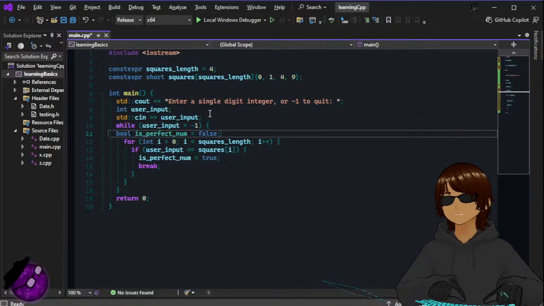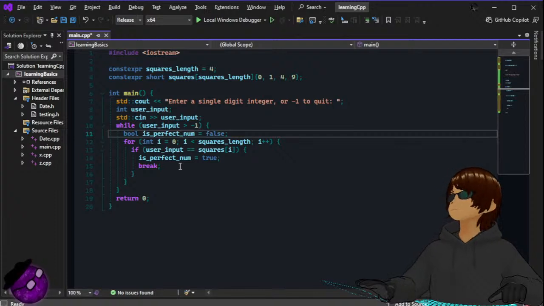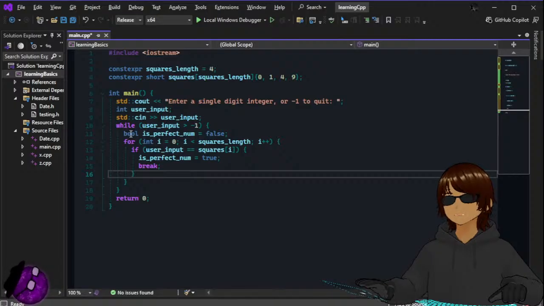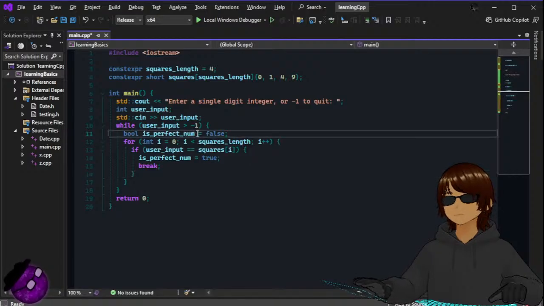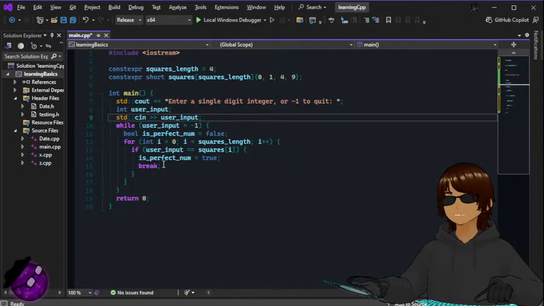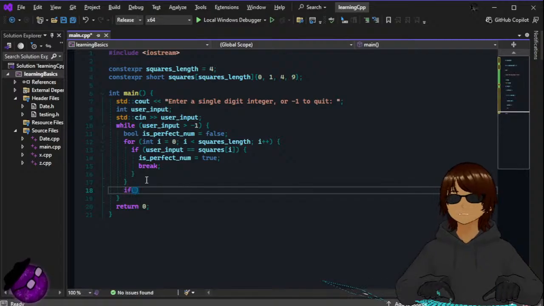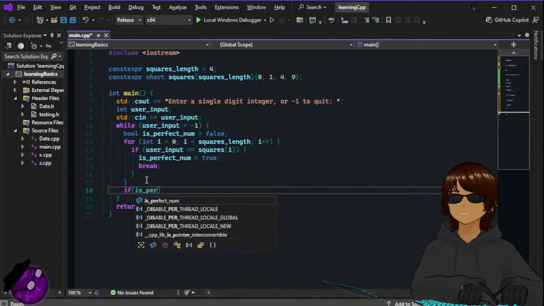Also, you're going to do this multiple times, right? No, I should do... Actually, never mind. And then if is perfect number,